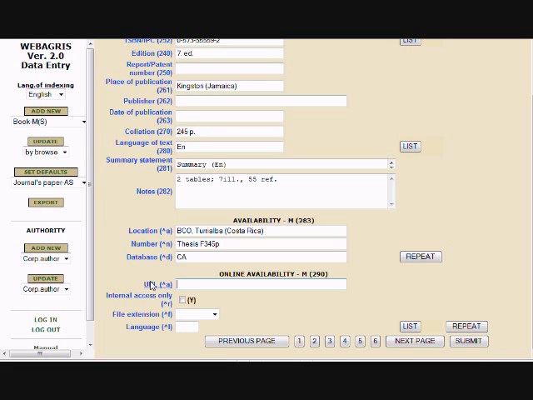The block of fields about online availability is the following. URL. This field provides the online availability of the resource. Enter the web address to this resource. For example,